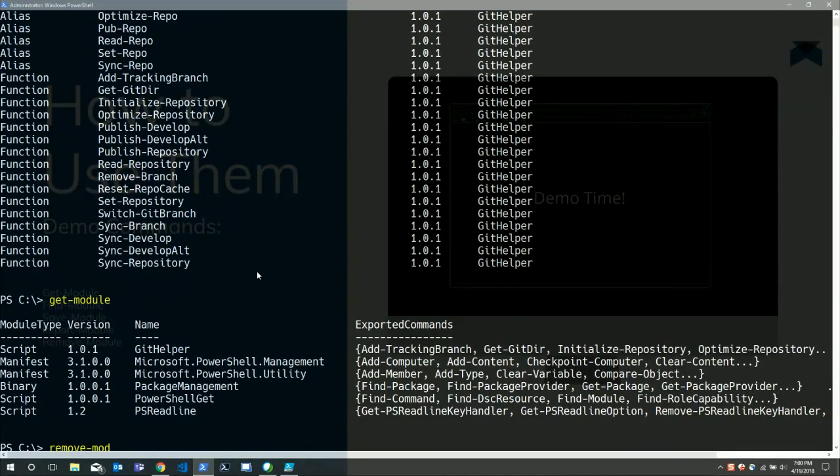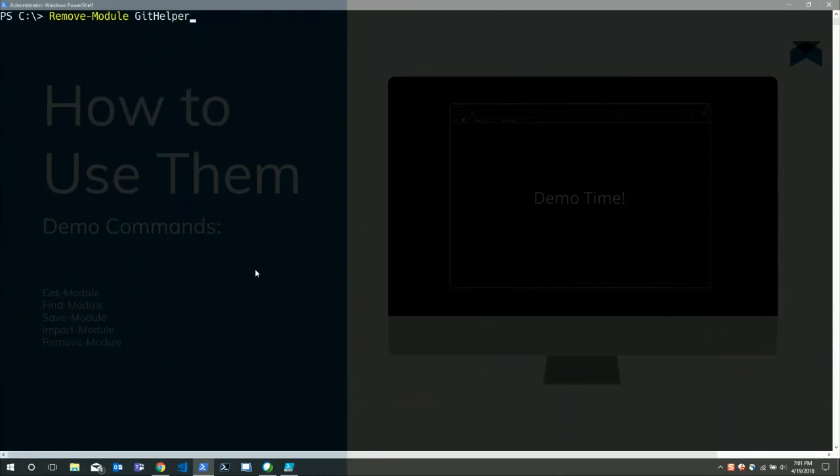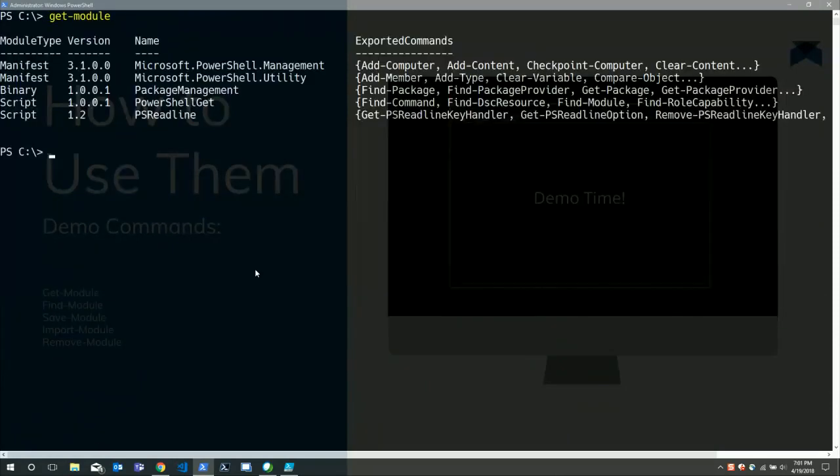So remove, let me, okay. Cool screen effect there. I really don't know. And now I'm just saying git helper. And now if I do the same command, let me clear. Notice it's no longer there. It removed that out of my